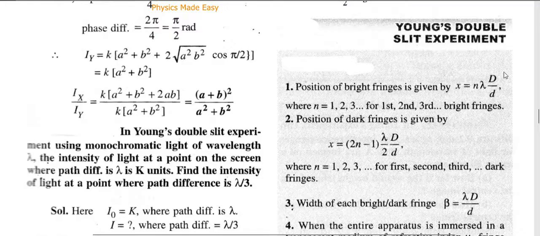So first of all, I will remind you of a few of the formulas. For example, position of bright fringe, x is equal to n small lambda capital D by small d. And n is equal to 1, 2, 3, 4, first, second, third, and so on bright fringes. Position for dark fringes is given by x is equal to (2n minus 1) into lambda by 2 into capital D by small d. Capital D is the distance of screen and small d is the